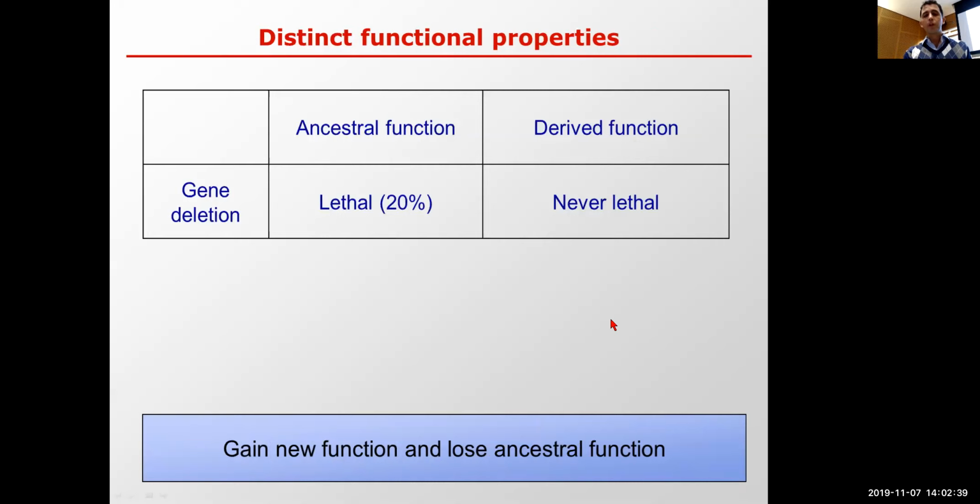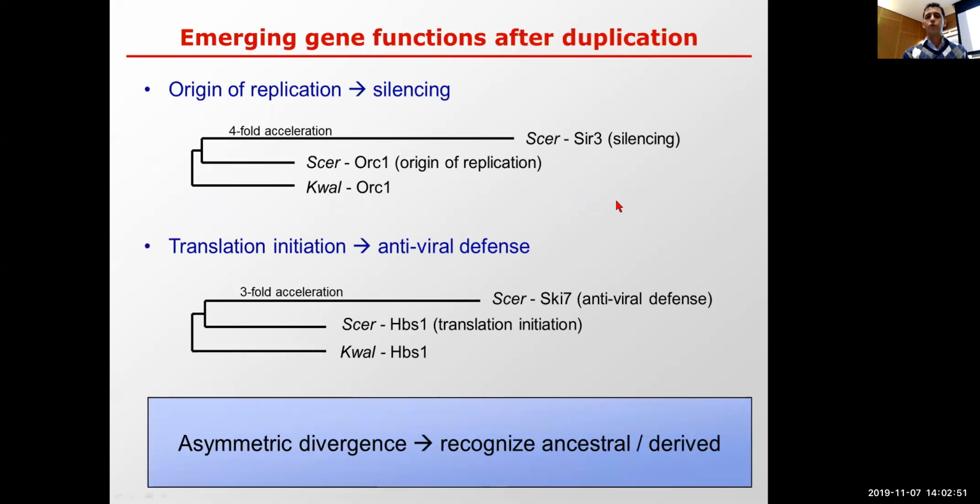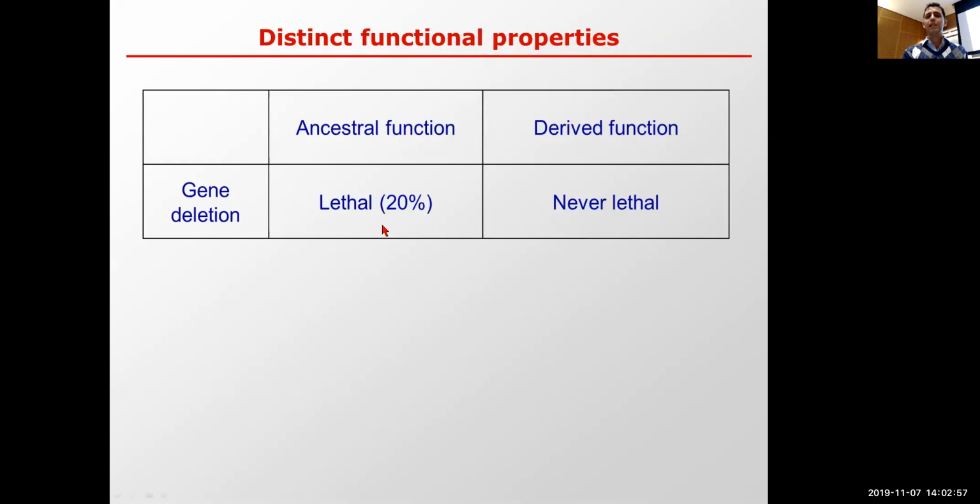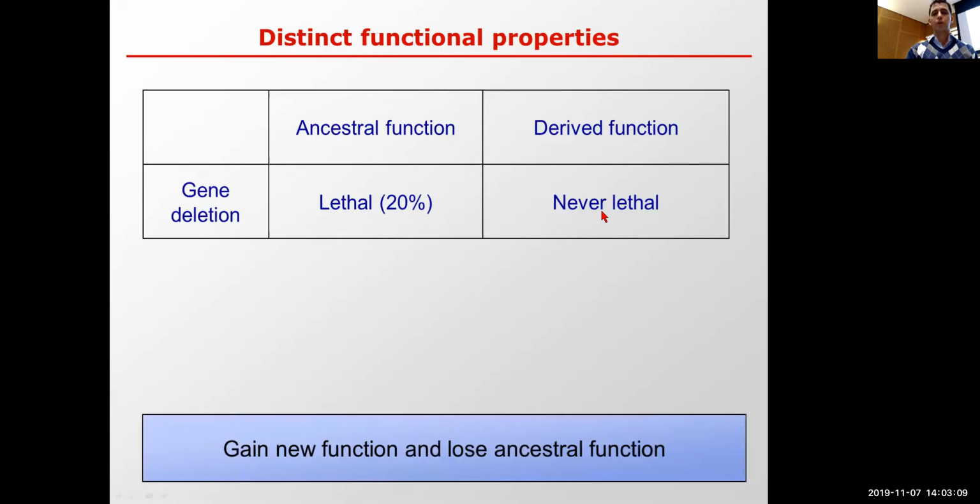So the other question that we can ask is, are these derived genes showing different properties than these ancestral genes? And the derived genes are never lethal. If you delete these longer branch genes, the species is perfectly happy. But if you delete these slower genes, the species is actually very unhappy. So these are lethal at the rate of any other single copy gene, but these are never lethal, which is kind of cool. So you basically seem to be gaining a new function,